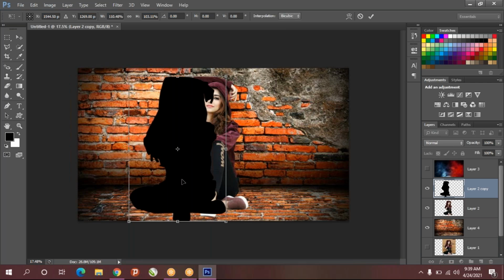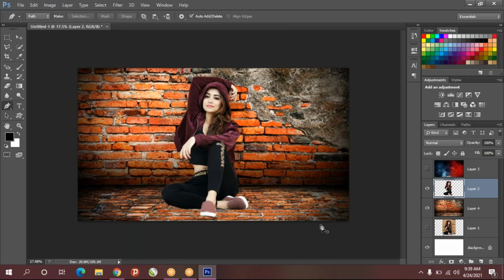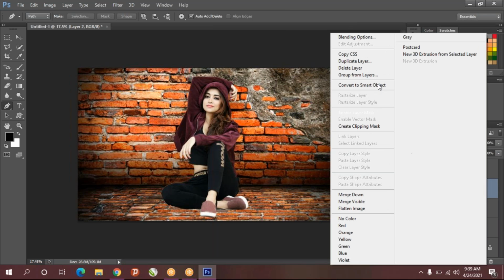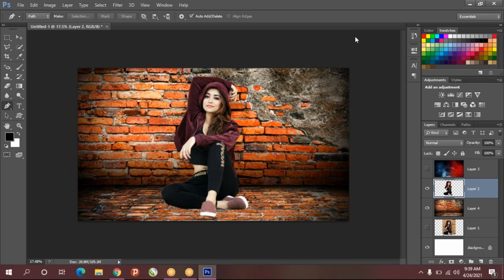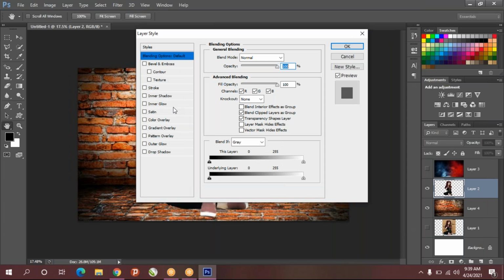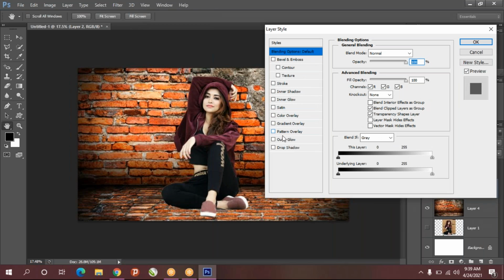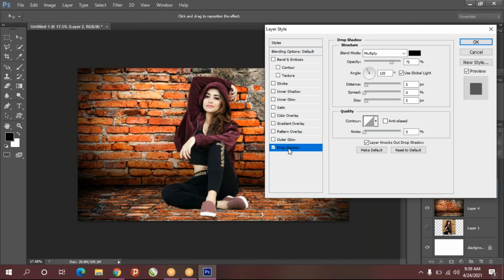So actually I don't want this kind of shadow. It is more darker. So just select this layer only, and right click on this. You will get blending option. On the text option, just do right click, blending option, go to that and move aside. You can see a drop shadow. Just click on that drop shadow option. So we'll get drop shadow options, and give size and spread level and distance.